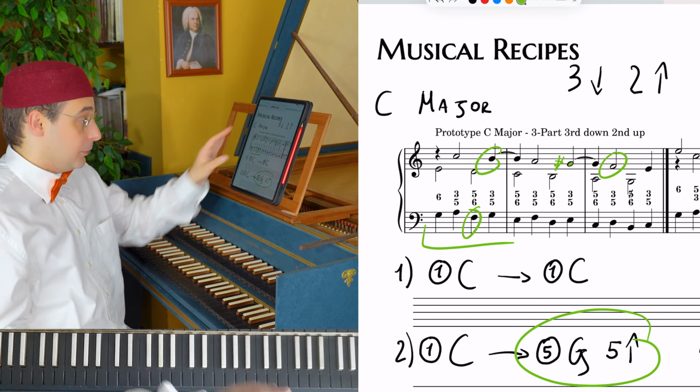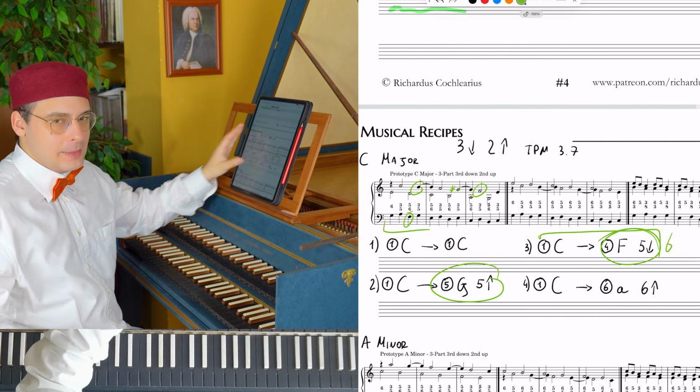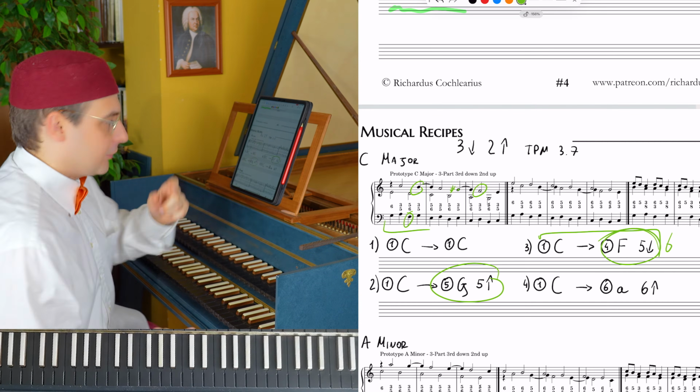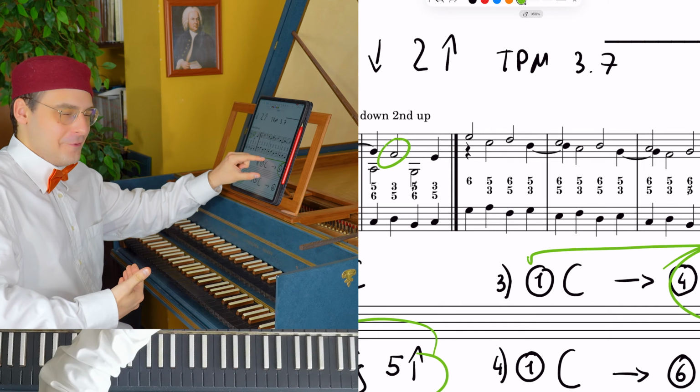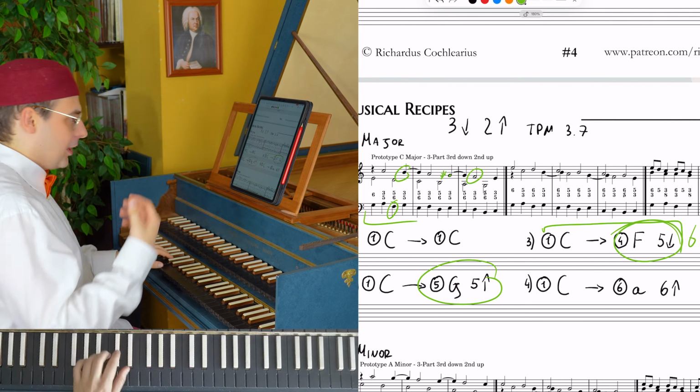Practice with an exposition. Choose the exposition you prefer. For example, let's do the upwards exposition, and then let's choose to modulate to F major. And then let's do another exposition in F major. This is the trick. So, C major,